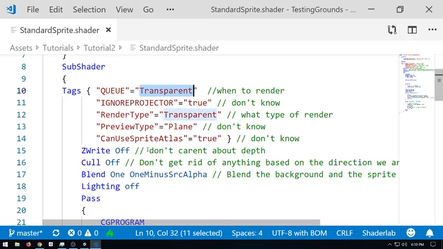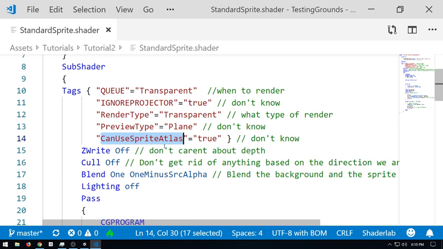So the rest of this is pretty normal. Render type transparent. This is probably for some back-end stuff for Unity as well. Can use sprite atlas. This is a feature I've never used, although I hear a lot of people say we really should use this more often.